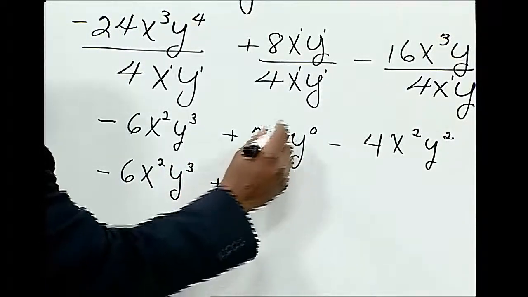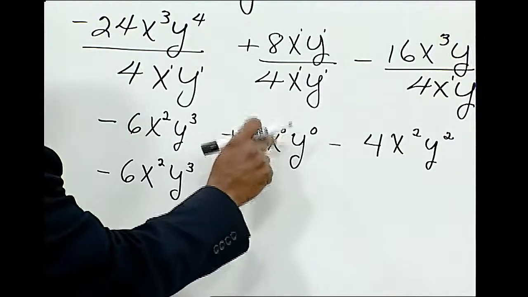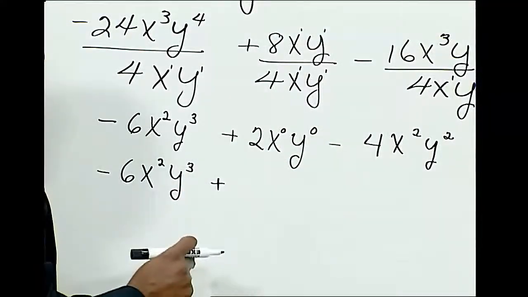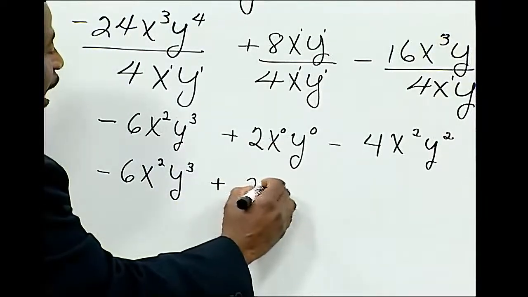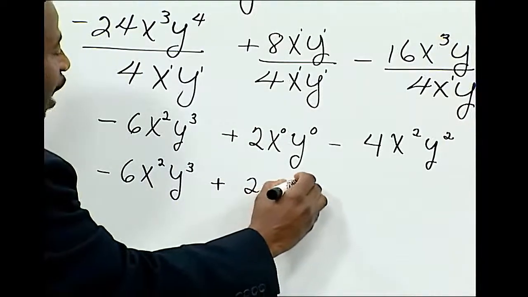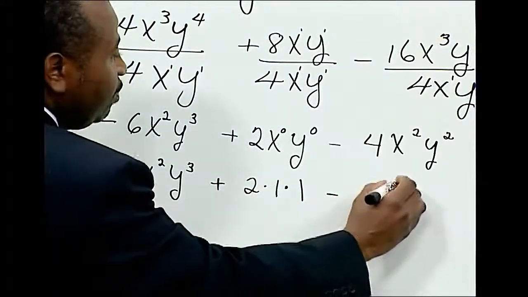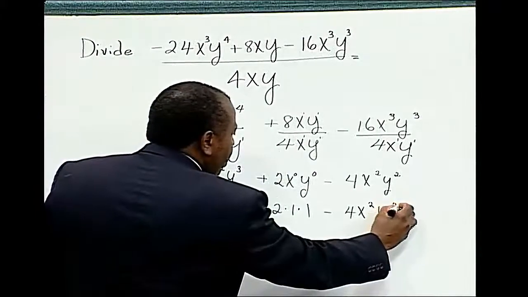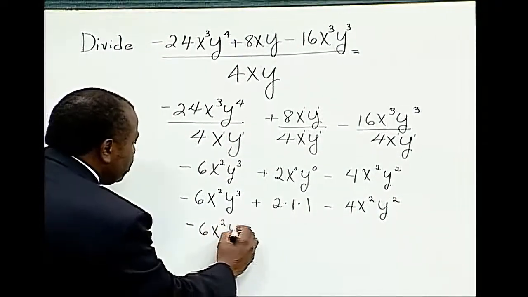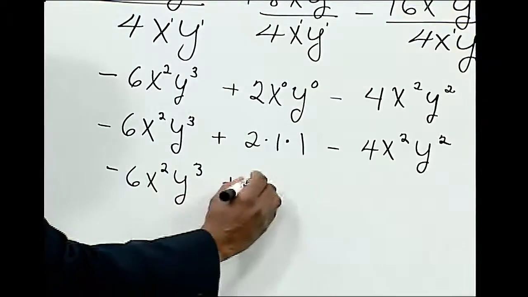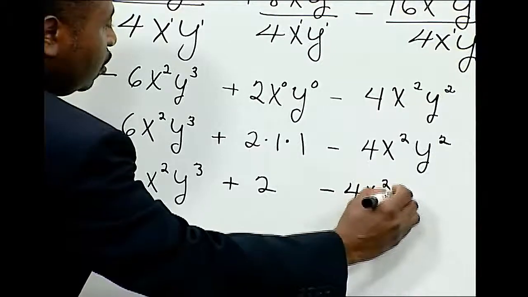Remember, anytime an exponent is to the 0 power, it is equivalent to 1. 2 times 1 times 1, minus 4x to the second power, y to the second power. Negative 6x to the second power, y to the third power, plus 2 minus 4x to the second power, y